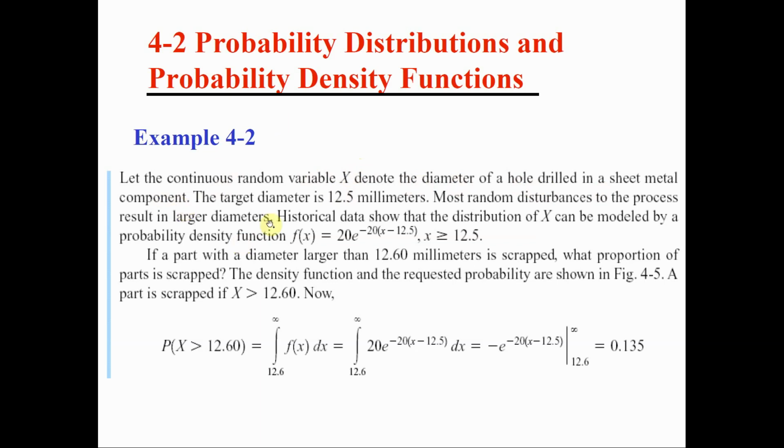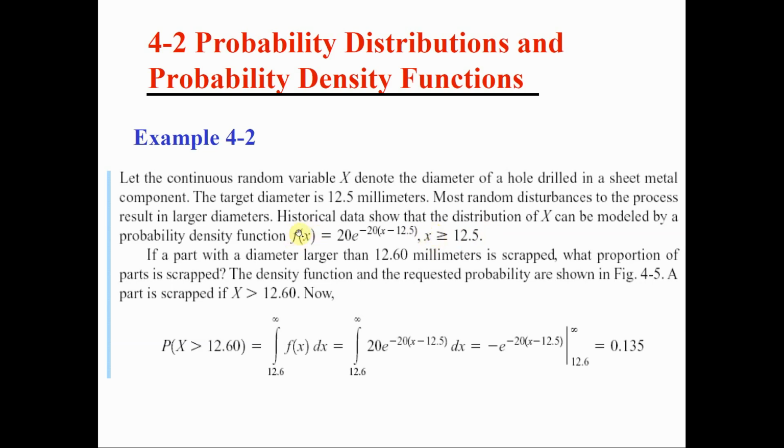We would like the diameter of the hole to be 12.5 millimeters. But because of some errors, sometimes we get bigger diameters, and that's why the actual diameter x has a probability function, f of x, which is given to be 20 e to the power of minus 20 times (x minus 12.5) in the exponent. Again, 20 e to the power of minus 20 (x minus 12.5), and this applies for x greater than or equal to 12.5. This is our variable x. It starts from 12.5 onwards, going possibly to infinity,